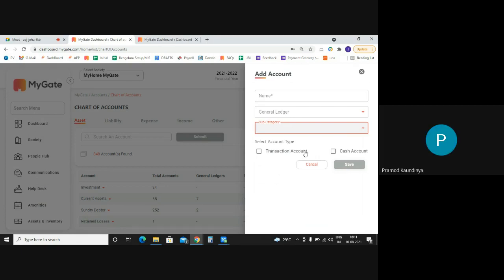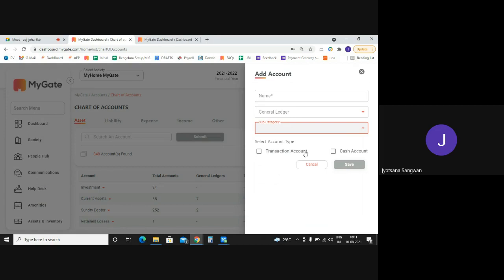How can we differentiate between the direct and the indirect income, sir? Yeah. So direct income would be something that you're receiving from the resident straight up. And your indirect income could be anything other than your residential income, like let's say any shops being let out, which is called a non-member income, or